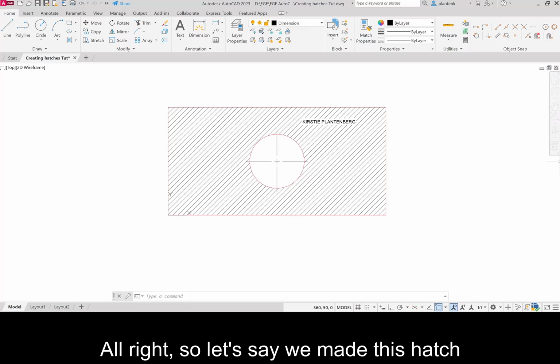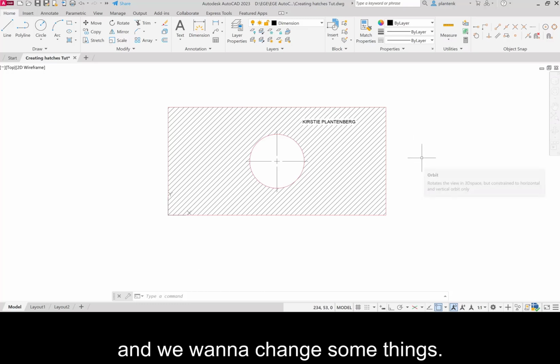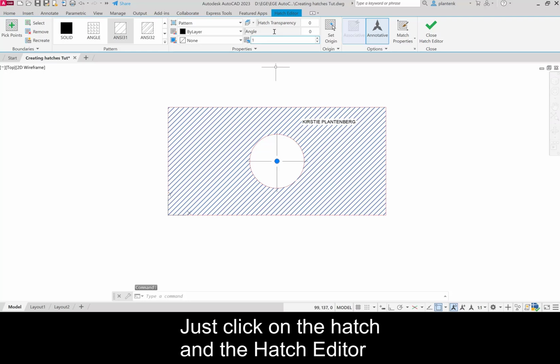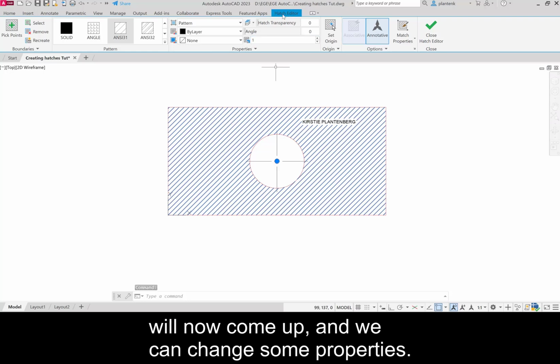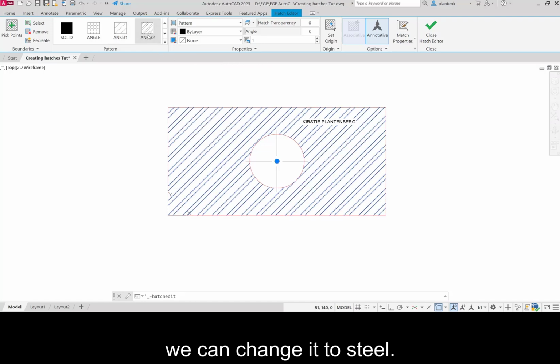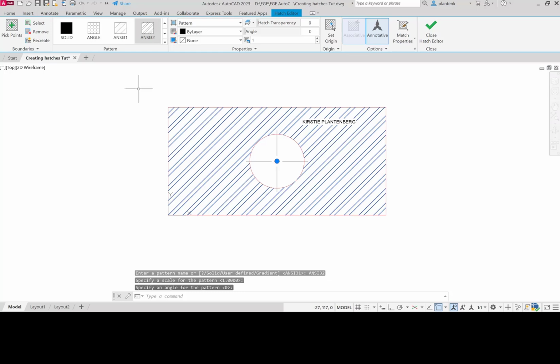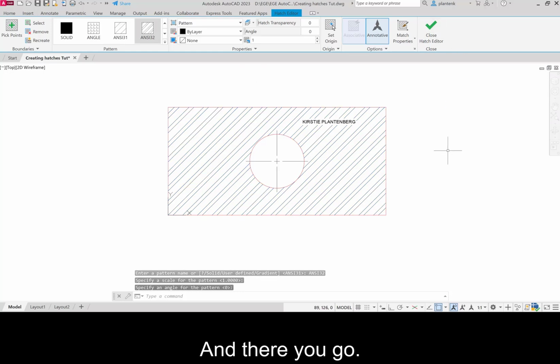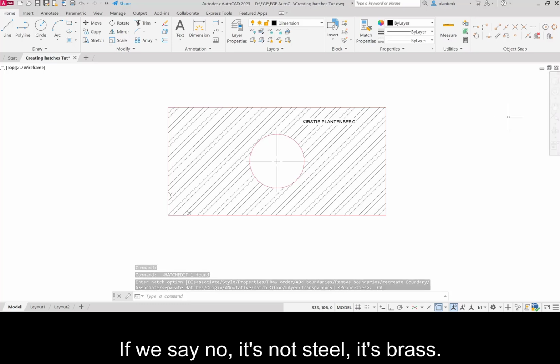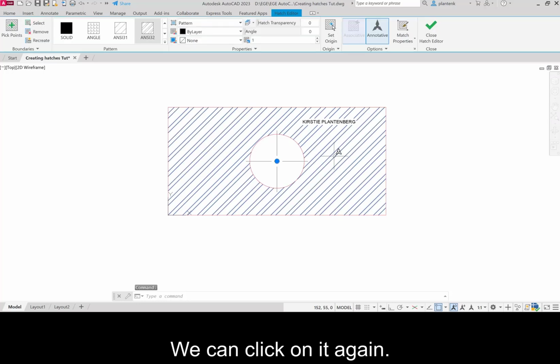All right, so let's say we made this hatch and we want to change some things. Well, we can do that. Just click on the hatch, and the hatch editor will now come up, and we can change some properties. So if we don't want it to be cast iron, we can change it to steel. And there you go. If we say, no, it's not steel, it's brass, we can click on it again,